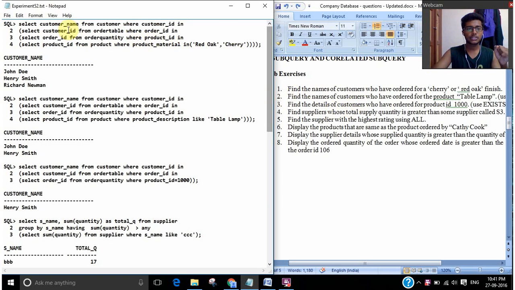And to get the names of customers, we have to get the customer name from the table customer. So we have to link 4 tables in all using subqueries. The query goes as: select customer name from the table customer where customer id in the first subquery, select customer id from order table where order id in the second subquery, select order id from order quantity, that's the third table, where product id in product id from table product, where product material in